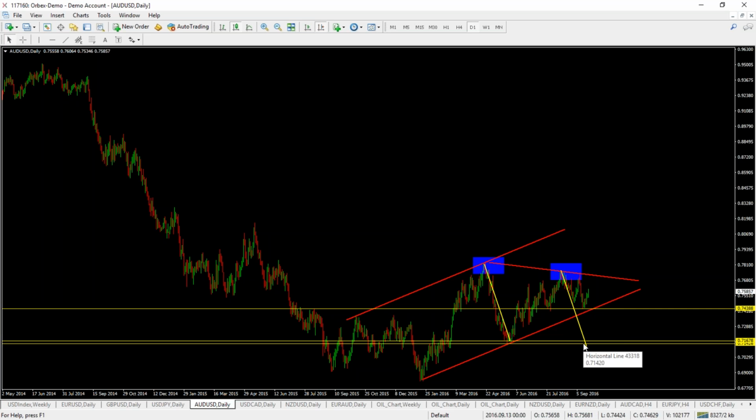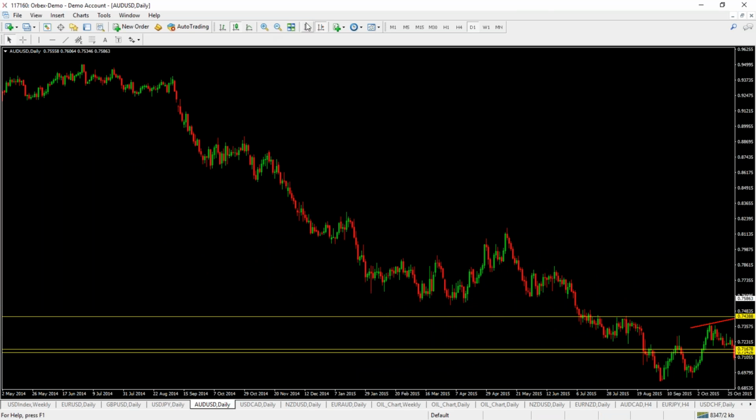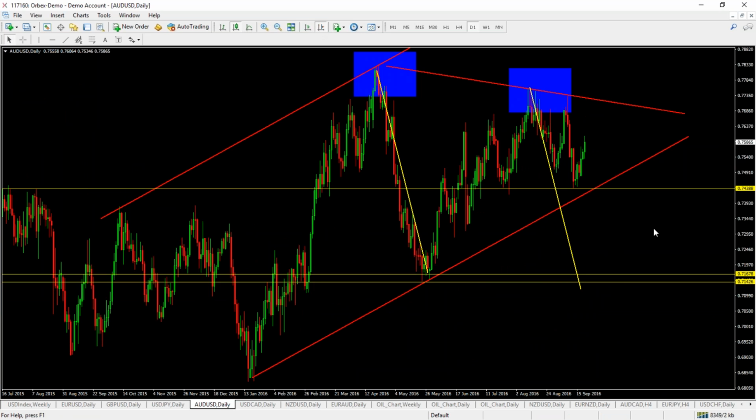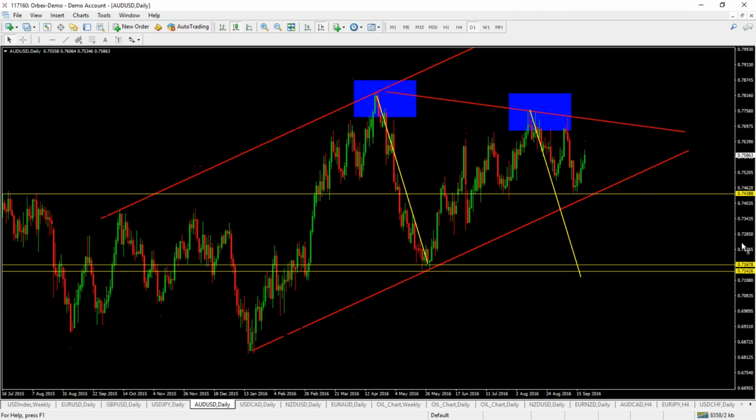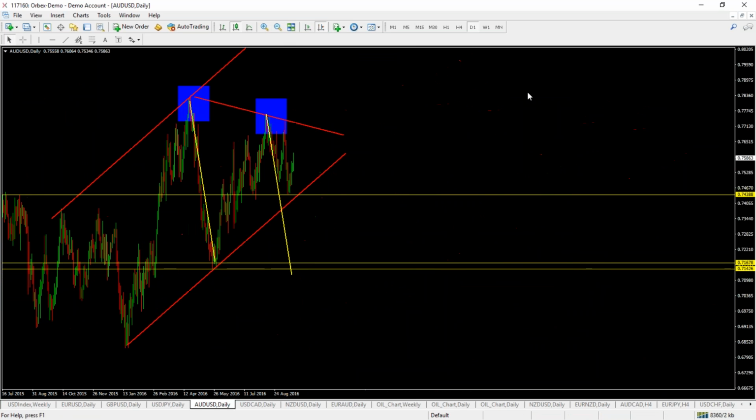So this is going to be a key area of structural support for the Aussie dollar. So if we do get a breakout below this level, I'll be looking to trade to the downside, targeting a move down into this 71.67 level. But then from a medium and longer term perspective, this could be an area to initiate long trades based on the price action we see as price moves down into that level. So a really interesting chart, and I'll be keeping an eye on this then on the back of the FOMC tonight.